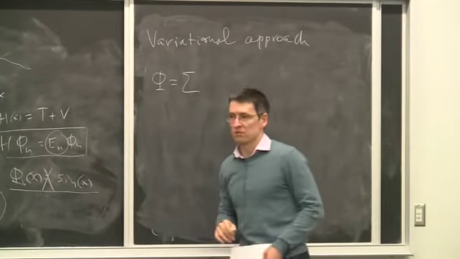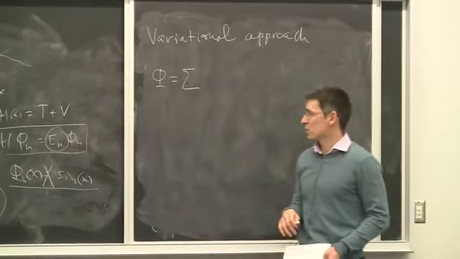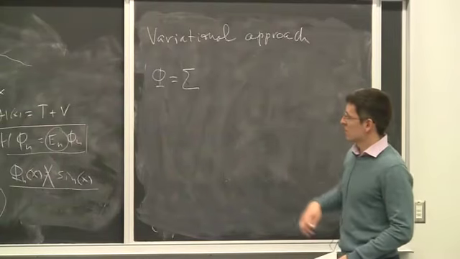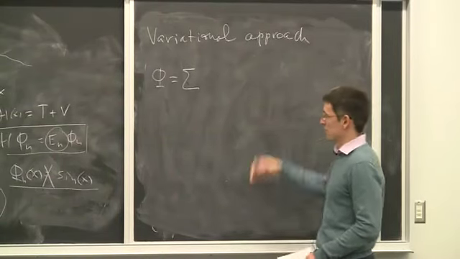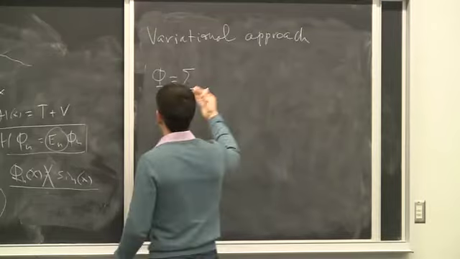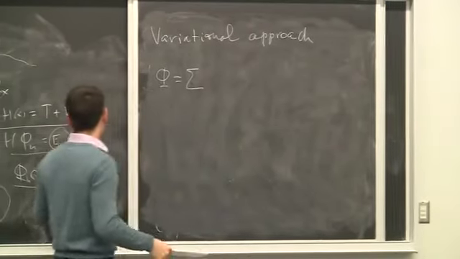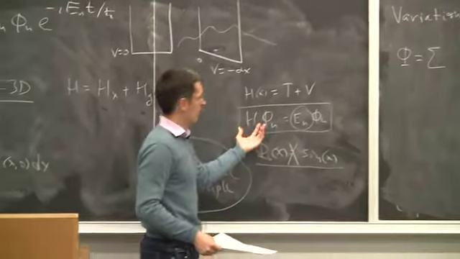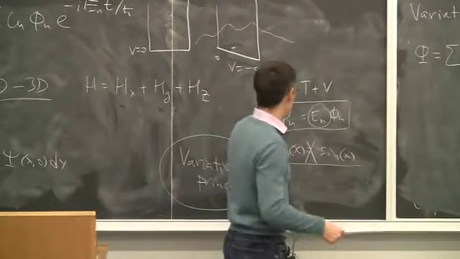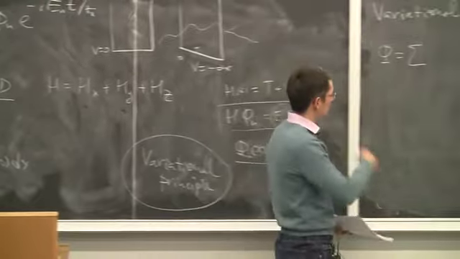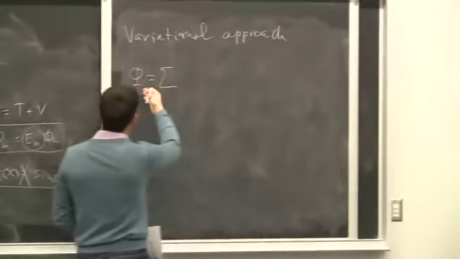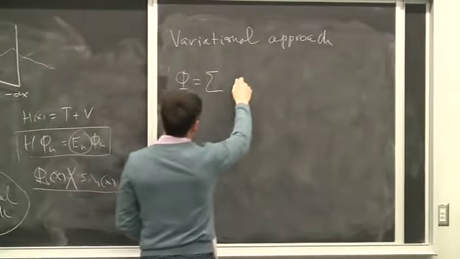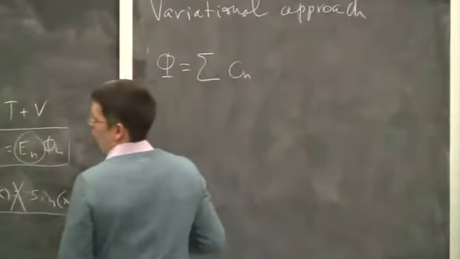Here I'm using more of my physical intuition, and it's not something set in stone, but one possible way of approaching solutions of the time-independent Schrödinger equation is to write the function phi as a linear combination of